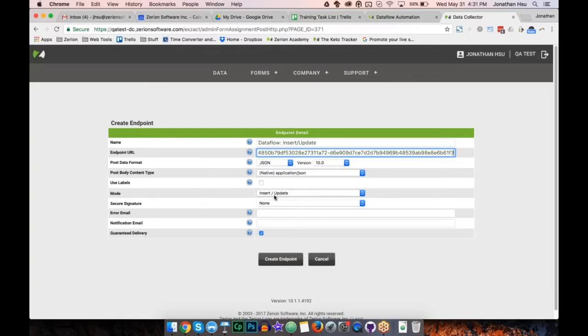Now, under this mode, you'll see there's an insert update as well as a delete, and this is why I was saying that it's fundamentally split between these two actions. Now, after I create this endpoint, I can click on Create,